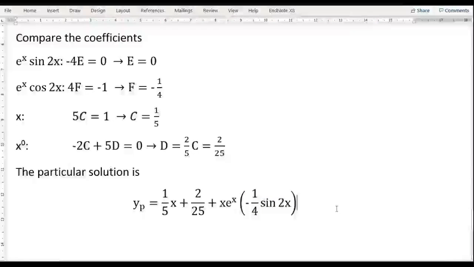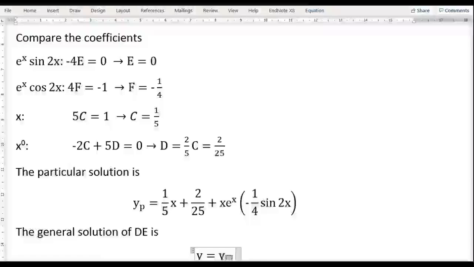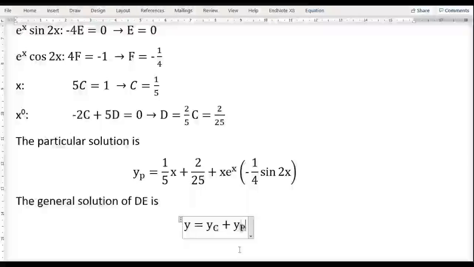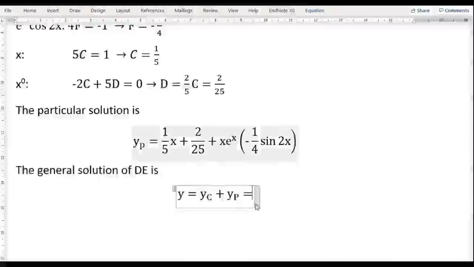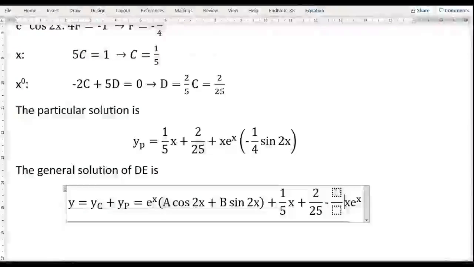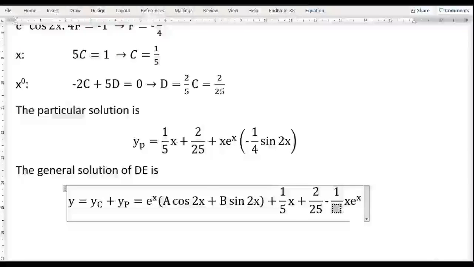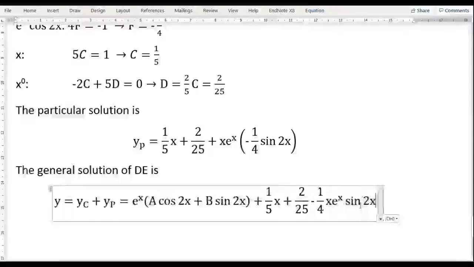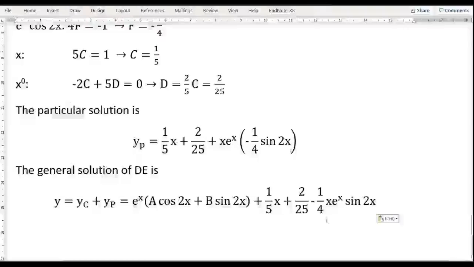Okay, so that will be the particular solution. Hence, we can obtain the general solution of differential equation yc plus yp, okay, so that will be the solution for this